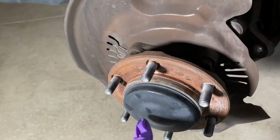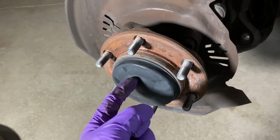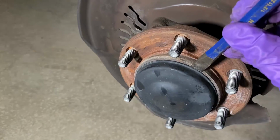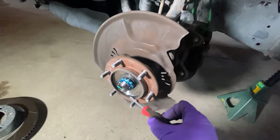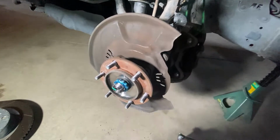I'm gonna go ahead and get to work on getting this axle nut cover off, because that probably needs to come out next so we can pull the axle nut out so it's out of the way. Just gonna use a screwdriver or a wedge here. Just so happen to have one right here on the floor. We're just gonna wedge it out. I ended up starting with a screwdriver to get a little bit smaller head here. And I just went tap, tap, tap all the way around till I created a gap. Then I stuck the wedge in and gave it a couple of good firm whacks and boop,